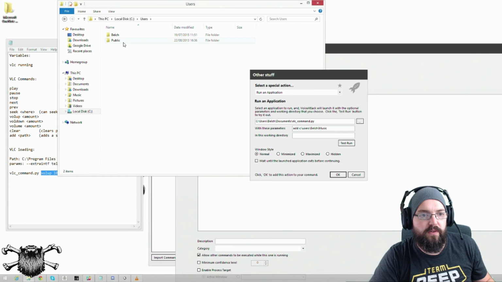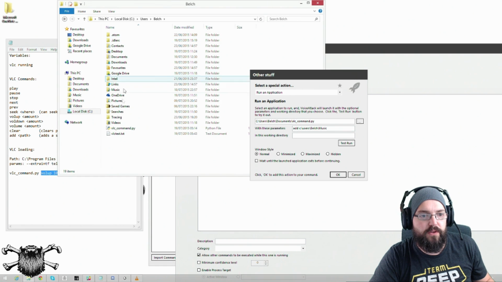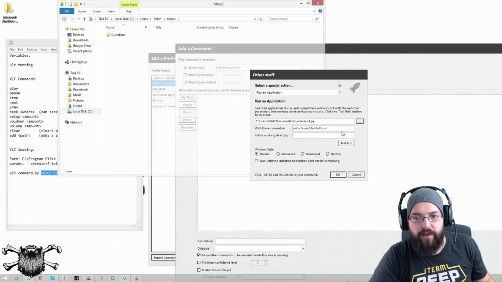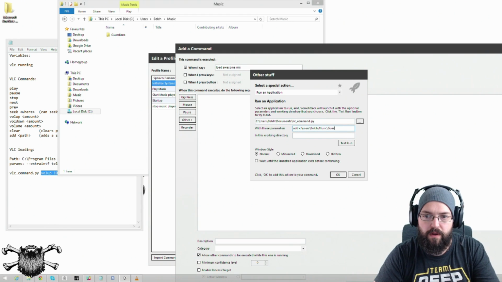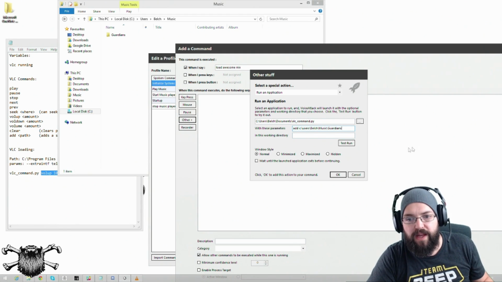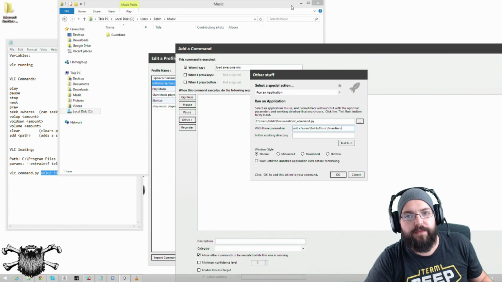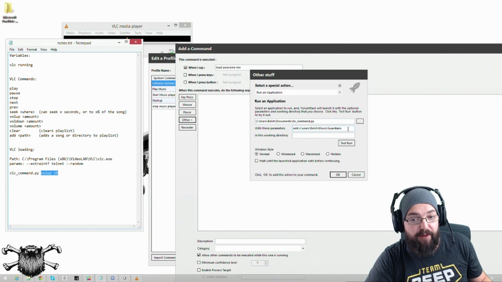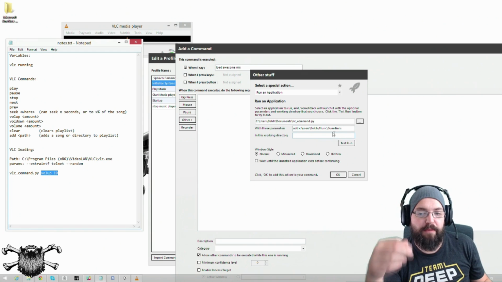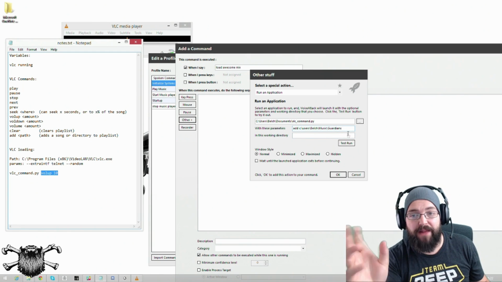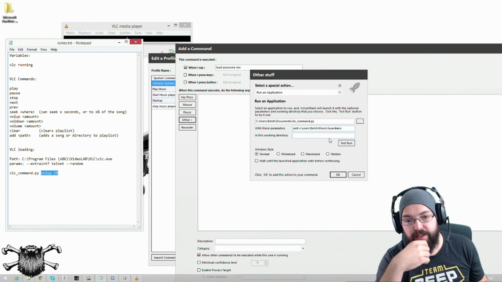C users, belch, music, then Guardians, for my awesome Guardians of the Galaxy music track. Now if I put in a specific file, it would add that one file. If I put a directory, it puts all music from that directory into the playlist. And that's fine. So now if we hit test,